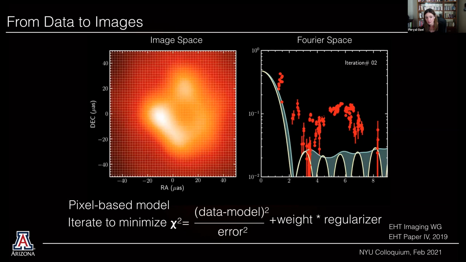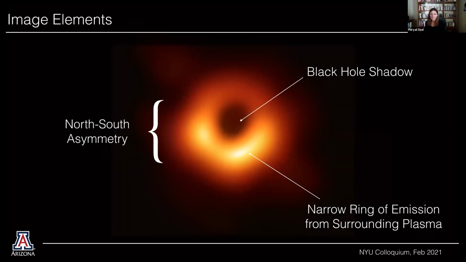Okay. We have done all of this, and at the end of the day, that gave us confidence in this image and the visibility domain constraints that we published, basically saying that it is a ring-like shape. There is a north-south asymmetry present in that ring-like shape, which we associate with the Doppler shifts of the plasma surrounding it. So in this particular case, the plasma at the bottom is rotating